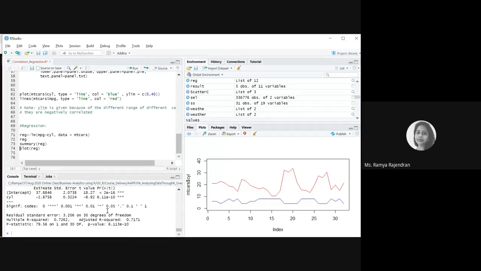Okay, so here you print it, and you're getting the intercepts and slopes, but you're also getting the multiple r square, which is your r square value. It is 0.72. Usually it lies between 0 and 1, and when you have 1, it means you have minimum errors. The r square value is calculated by the formula SSR by SST, where SSR is the sum of squares of regression and SST is the sum of squares of total. Or it can be calculated as 1 minus SSE by SST.